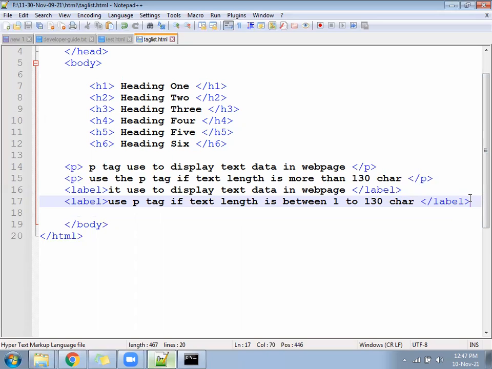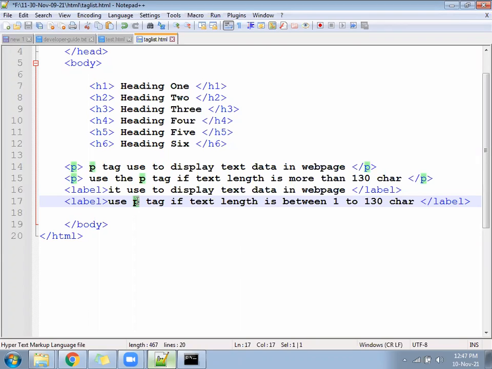Now run the page. What will you find? Paragraph is also a new line, label is also a new line. So in this, we got the definition of label and paragraph. The H1 to H6 definition we will write in the developer guide. Use the p tag if the text length is more than 130; if not, use the label tag.